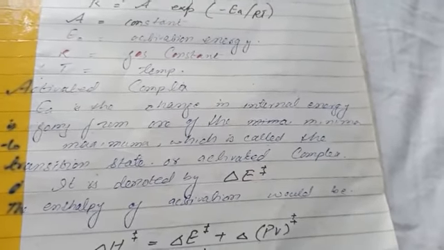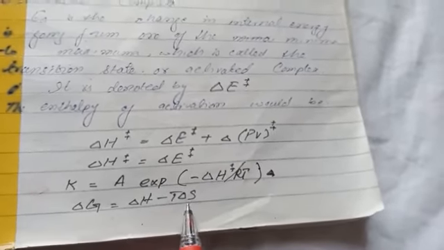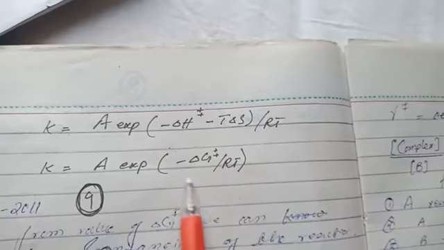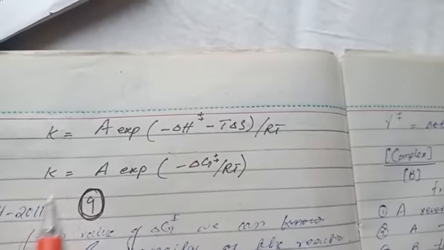As we can see that the system is in equilibrium, this work done is equal to 0, so the enthalpy of the system is equal to the internal energy of the system. Hence we can write the Arrhenius expression in terms of enthalpy, and enthalpy is expressed in terms of Gibbs free energy and entropy using this equation. So overall the Arrhenius equation has been modified in terms of Gibbs free energy change of the system. That this Gibbs free energy change is for the transition state, and here K is the equilibrium